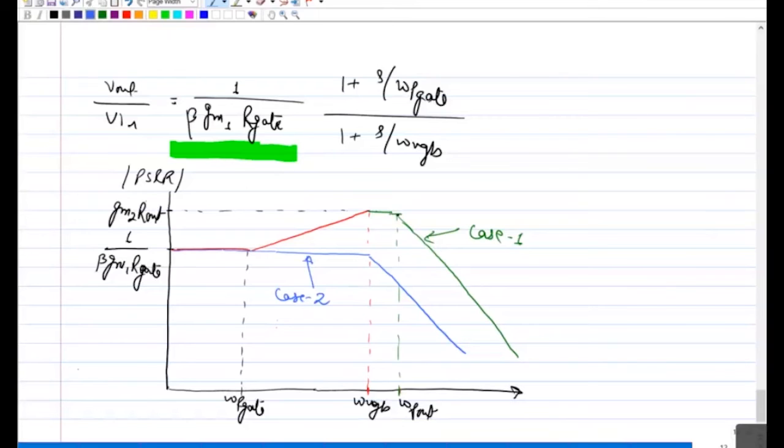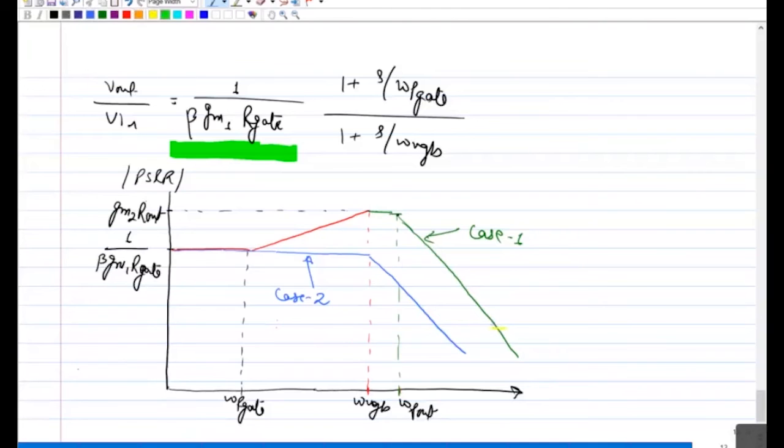So that's why, in terms of both your transient response and your PSRR, having an output pole dominant will always benefit you. But again, as I mentioned, that will always come at the cost of adding an external cap. Otherwise, if you make the gate pole dominant, the only way to achieve high PSRR is to extend the bandwidth, or you make your bandwidth so low that your ripple frequency falls somewhere higher in the roll off range. That is also one way.